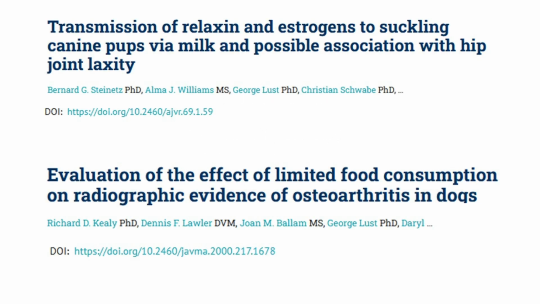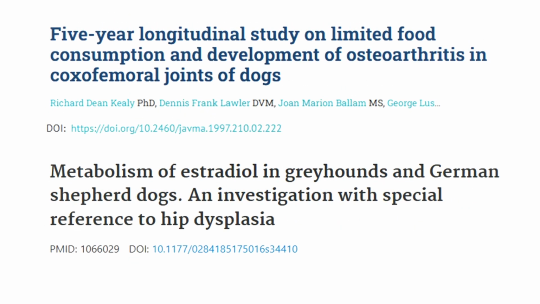High caloric intake, excess protein, and calcium consumption, as well as rapid growth rates, have been linked to increased severity of CHD. Maternal factors during lactation, such as the presence of growth-promoting peptides like relaxin and estrogen in milk, can affect joint development in offspring. For instance, dysplastic Labrador Retriever bitches produce milk with higher levels of relaxin and estrogen precursors, potentially influencing joint laxity